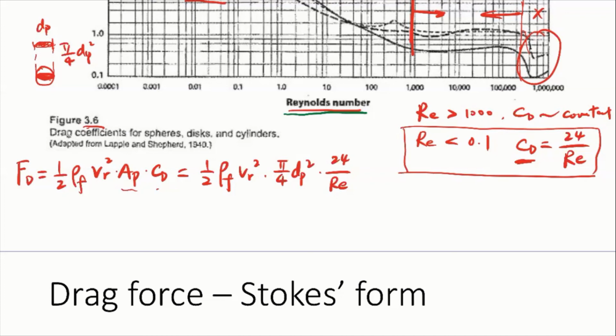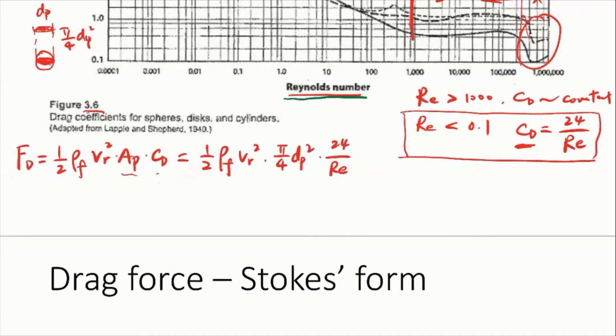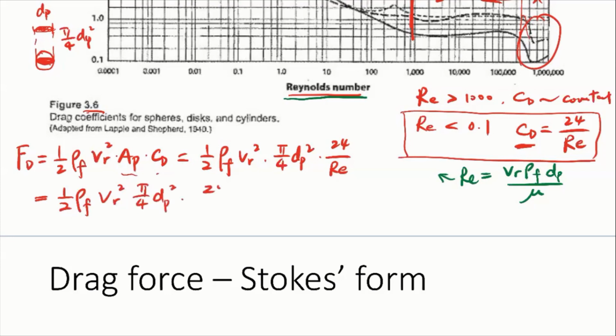All right, so we know that the Reynolds number can be written as VR rho f dp divided by the gas viscosity, right? So we can basically plug this in and see what happens. 1 over 2 rho f VR squared pi over 4 dp squared, 24 divided by VR rho f dp multiplied